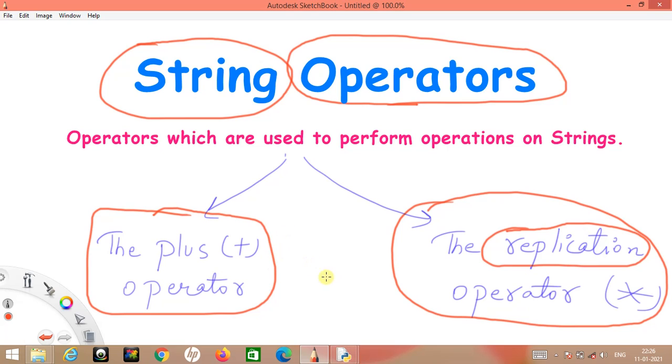Suppose I have written here nice and day. If I write nice plus day, it will be written as nice day. These two words will be combined. And here we can use the replication operator to write the word different times we want to write. Suppose I have written here print. Suppose I have taken a variable whose value is